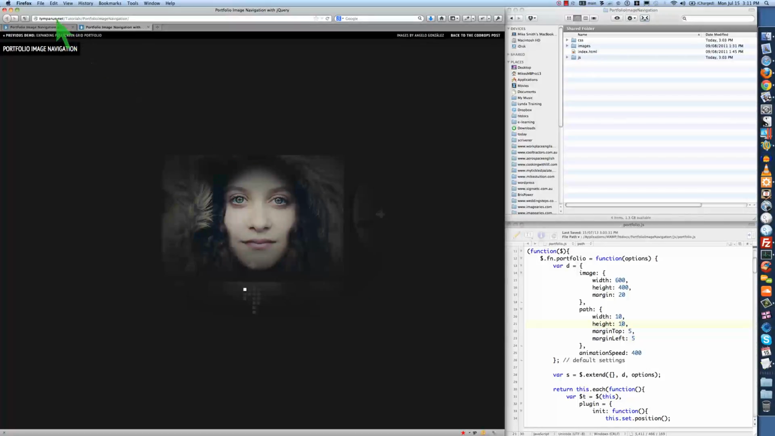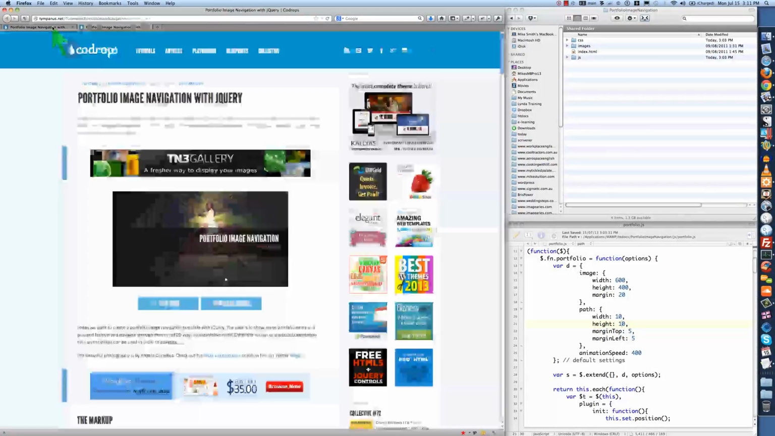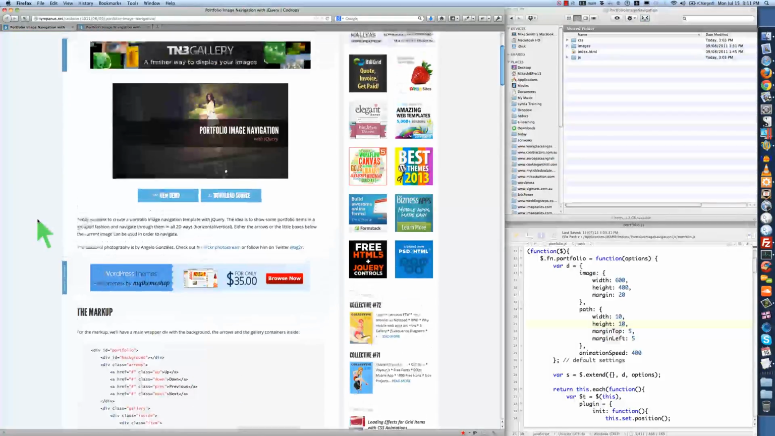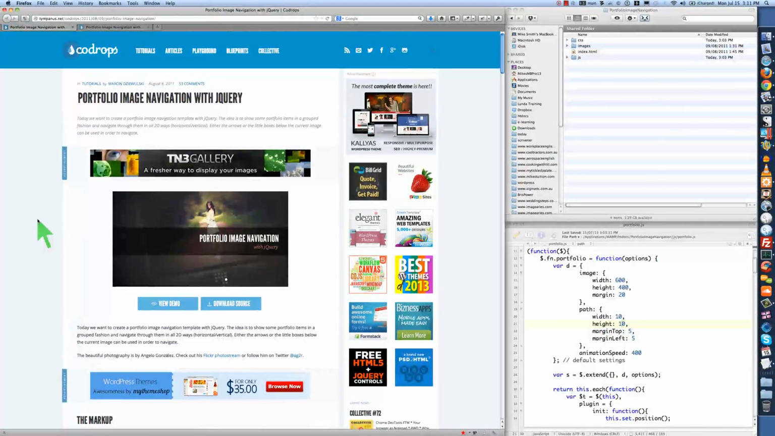It's from timparnas.net and this is the blog post that describes it here and how it works. From CodeDrops here, and it's available for use. So what I did was I just downloaded this as a zip file to my computer and unzipped it, and these are the files that are actually creating this